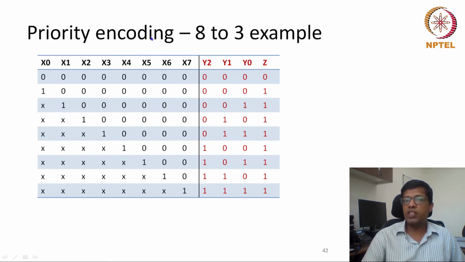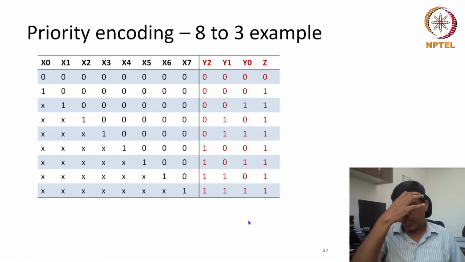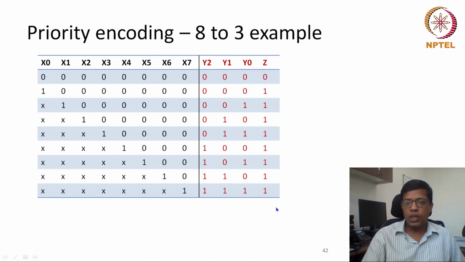Now if this is the scenario, how will I write the function or expression for y0, y1, y2? In the previous case, when I was designing the 8 to 3 encoder where only one of the inputs was 1, I made an OR statement and it was easy. But here many of these inputs are 1. I would probably have to write a K-map sort of thing. Now there could be other methods of solving it, but one of the simple methods is that we can create a Boolean expression directly from looking at the truth table. So for example, I want to write the Boolean expression for y2.